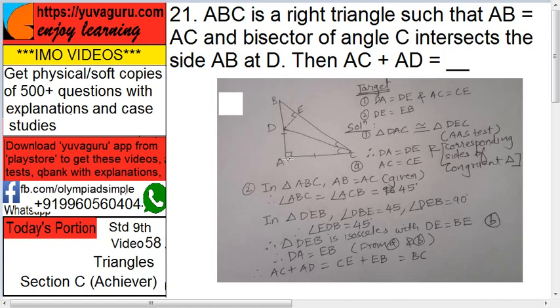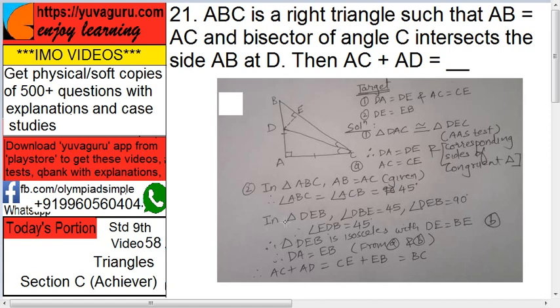But the total of all three angles in a triangle is 180. So this is 90, plus these two are equal. So the total of angle B and angle C will be how much? B plus C plus A equals 180. But A is 90, so B plus C equals 90. But they are equal because of the isosceles triangle, so angle ABC equals angle ACB equals 45 degrees, because 45 plus 45 is 90, plus 90 is 180, right? So what we have got now is angle B equals 45 degrees.